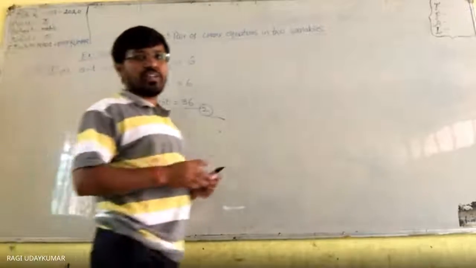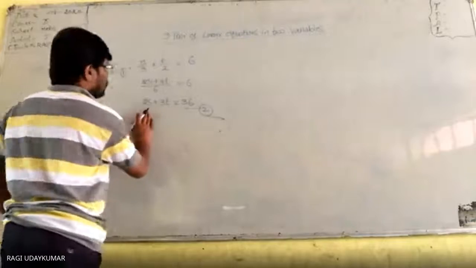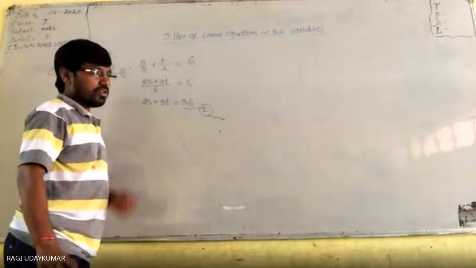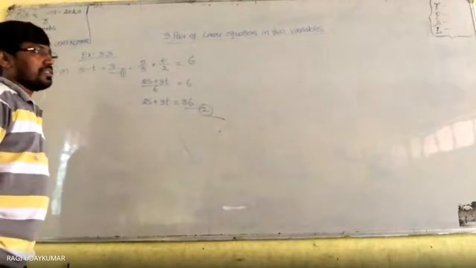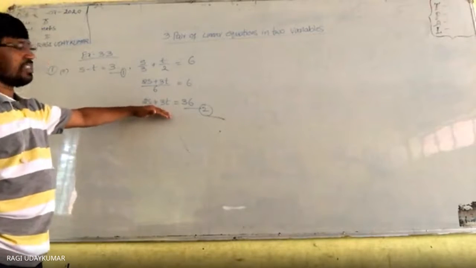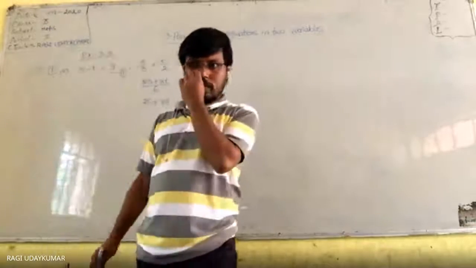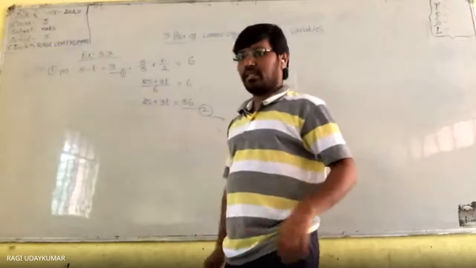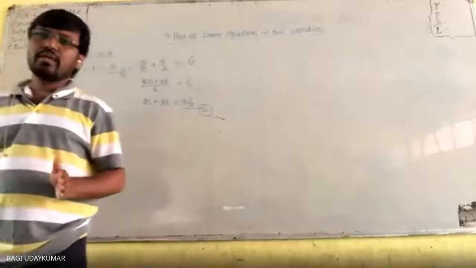Yes, sir. I have tried in all the ways to connect it in a proper way. Okay, S minus T is equals to 3, 2S plus 3T is equals to 36. Now to solve these two equations, you may have doubts: sir, is it necessary to express this equation with integral coefficients, integers? Not necessary, but if you do that, the problems become a little bit easy.